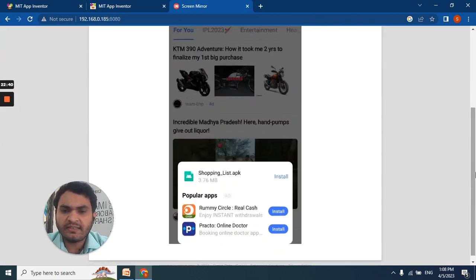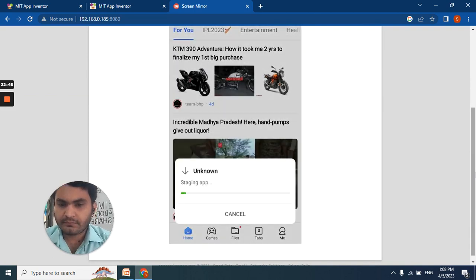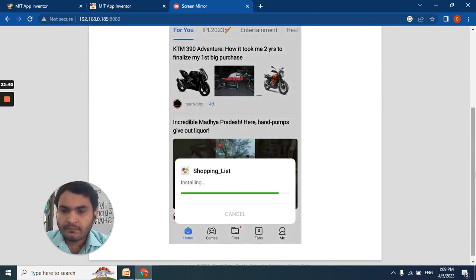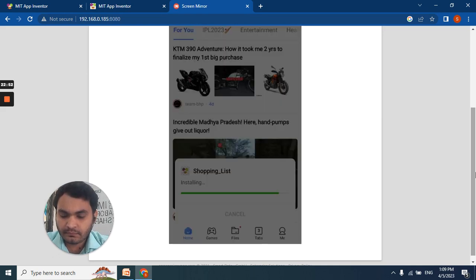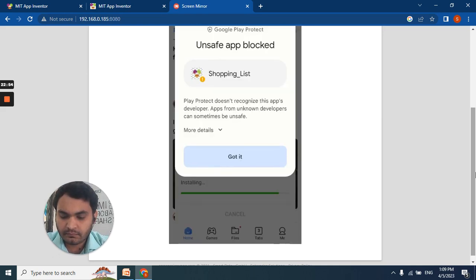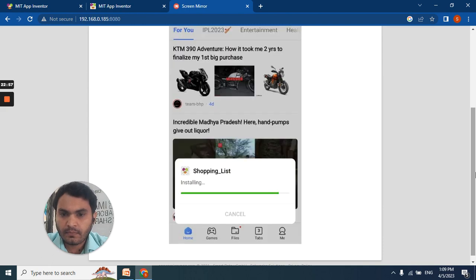Okay, so the .apk file has been downloaded. Now I am going to install this app. Okay, so the shopping list app is being installed.